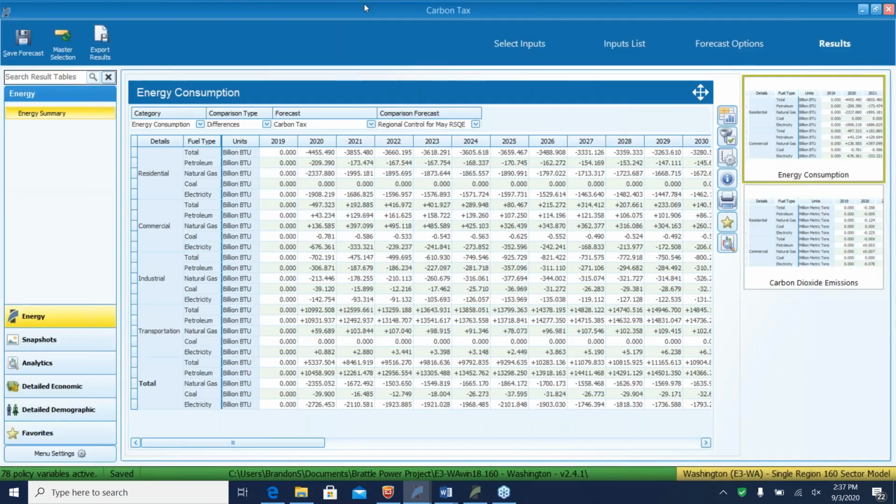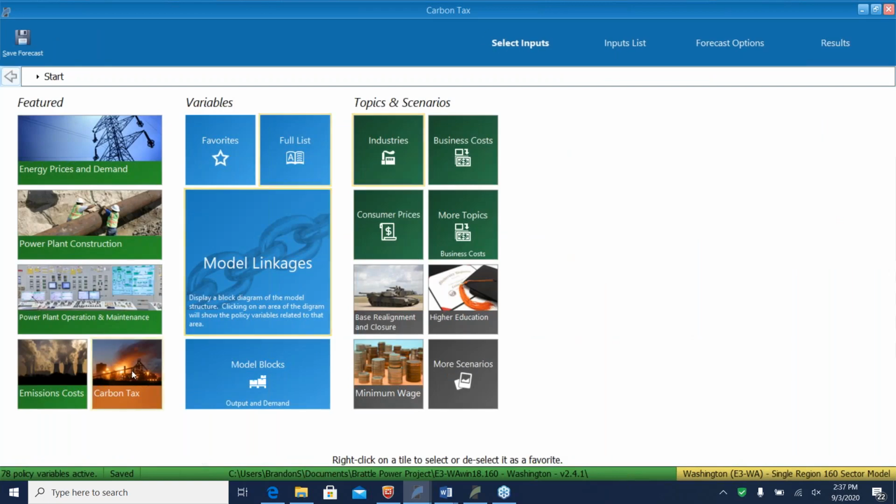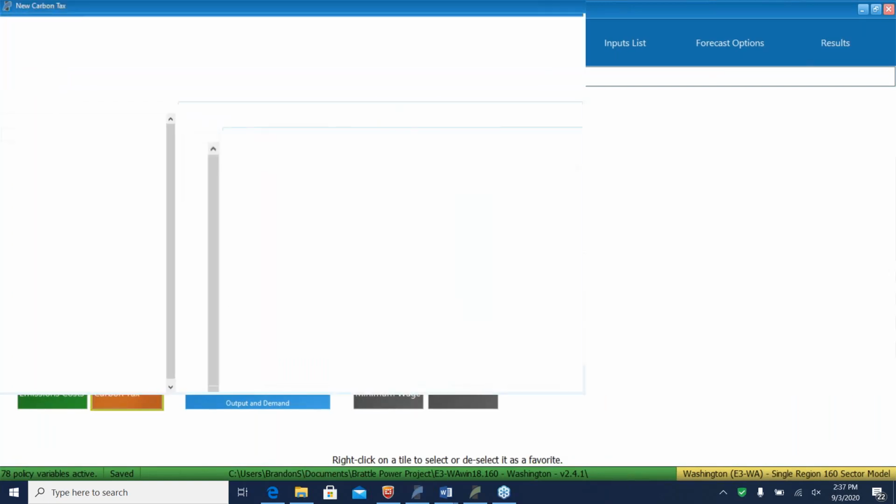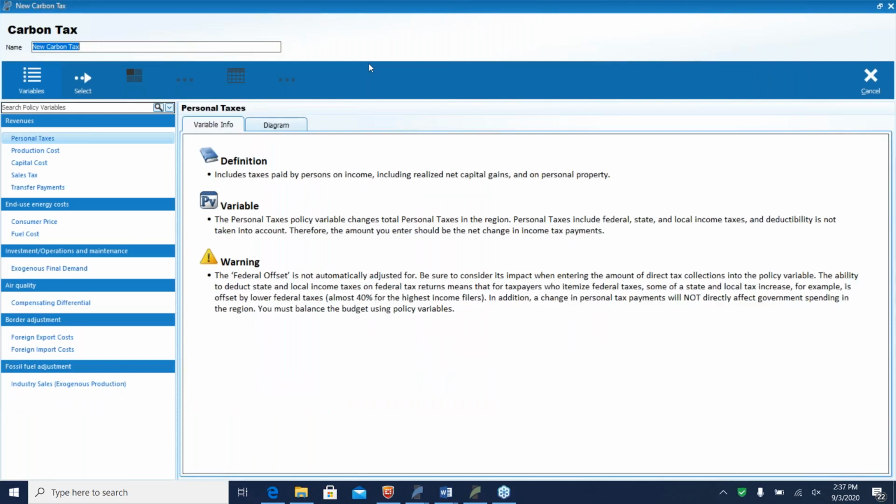This one's a little bit more complicated, just because it requires a lot of different moving parts, especially because it's revenue neutral. What's nice about the carbon tax module in the E3 model is that we have pre-selected policy variables within the model that correspond to things that you would want to change for a carbon tax to be initiated. And so some of those are personal taxes, end-use energy costs, air quality, fossil fuels adjustments. The things that I looked at specifically,